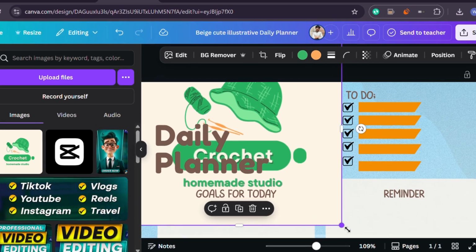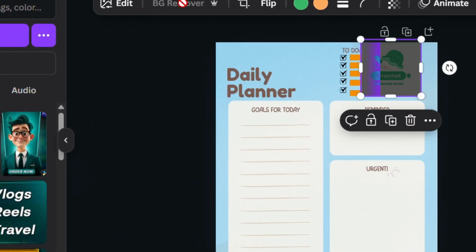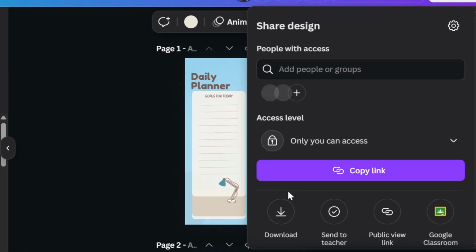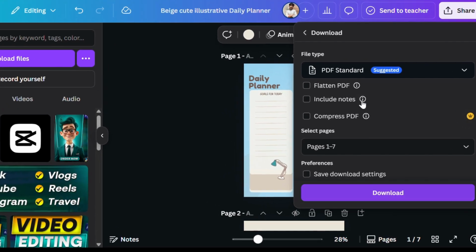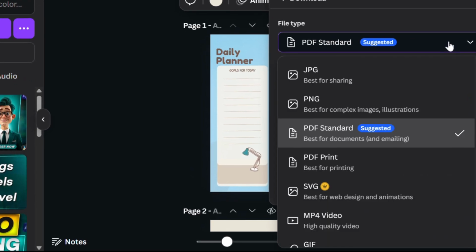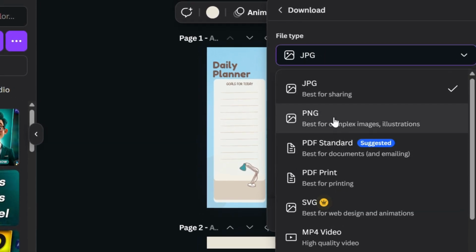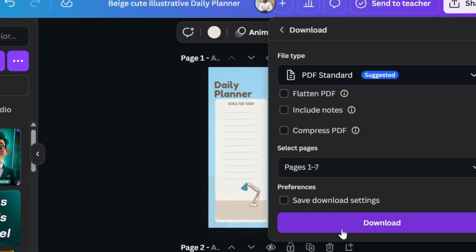How to export and download files. At this point, you have a clean, structured planner with multiple pages. Now you need to save or export it. Canva automatically saves your work as you go, but to export, click Share in the top right corner, then choose Download. Choose PDF Standard if you want a light file to share digitally. Choose PDF Print if you want a high-resolution file ready for printing. You can also download as PNG or JPG images, but PDF is the most common format for planners and similar